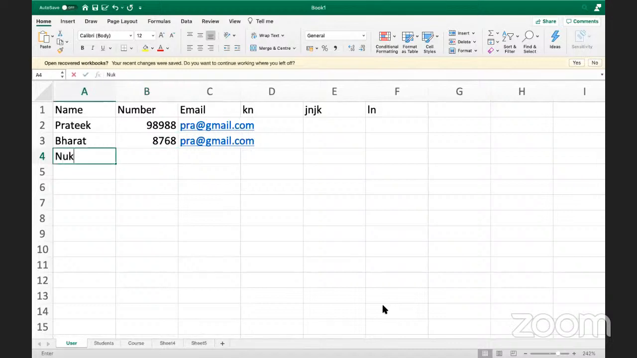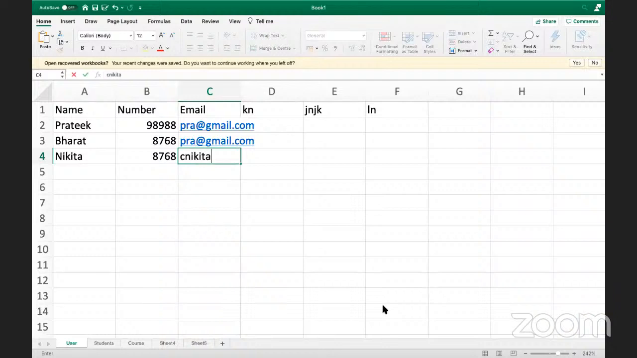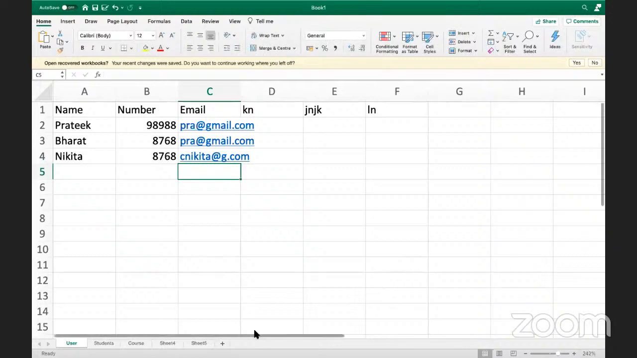Now after that, we have Nikita. Number is same, right? And mail is different. Suppose we have this data. We have this data in our user table. Right? Now